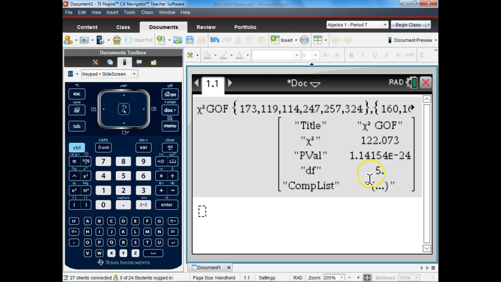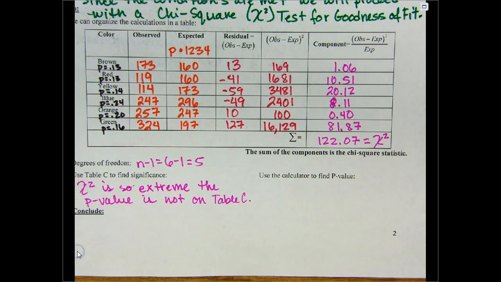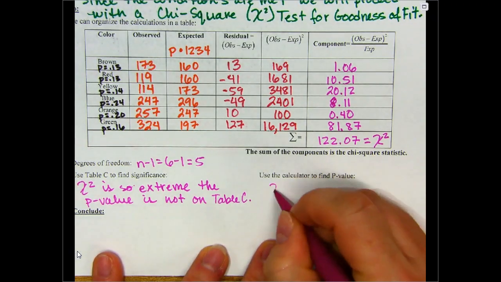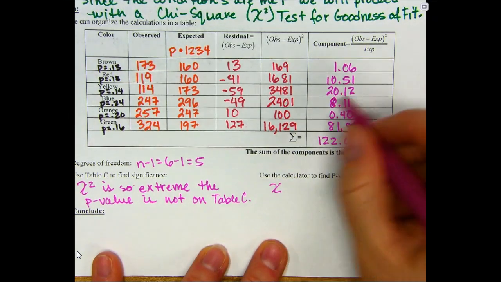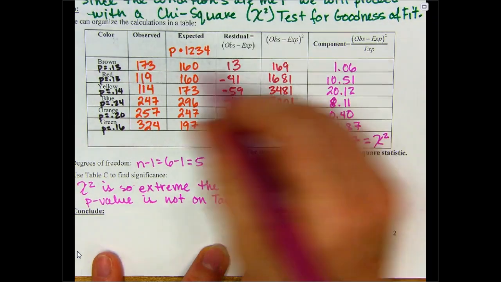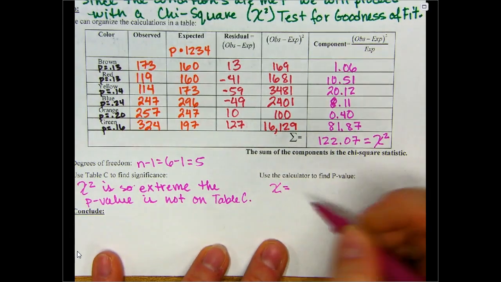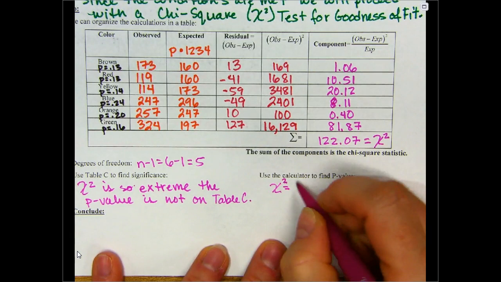All right, so let me switch over to that. On the paper, I'm actually going to say, okay, so my chi-squared, because honestly, if I were doing this on the AP exam, I wouldn't do this whole big table. I would have just typed it all in my calculator. So I would write down, chi-squared equals